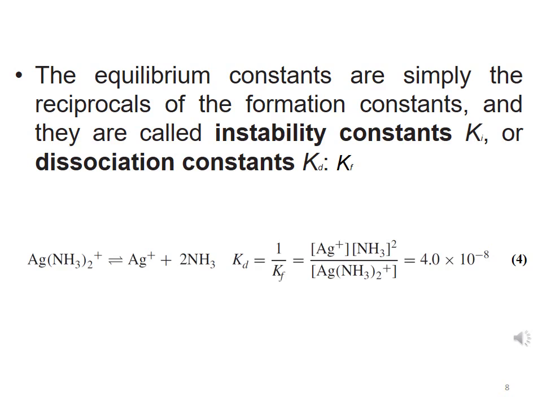So if we consider that the silver is combined with two ammonia molecules, then it will dissociate into silver positive ions and two ammonia molecules. Then the right side we will write in the above equation, and it will be divided by the left side. So the value will be 4 10 raised to power minus 8,